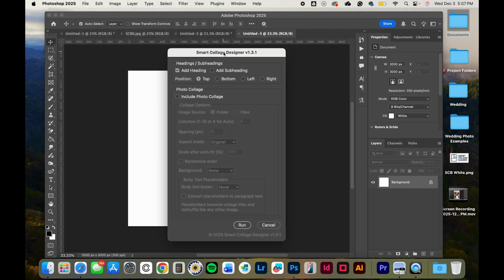And we are going to just choose a heading. And we're going to include photos. And we're going to choose individual files. We're going to choose 3 columns. And let's go 1-to-1 grid. We're going to randomize photos. And let's make the background black. And so the text box, we want 1 text box